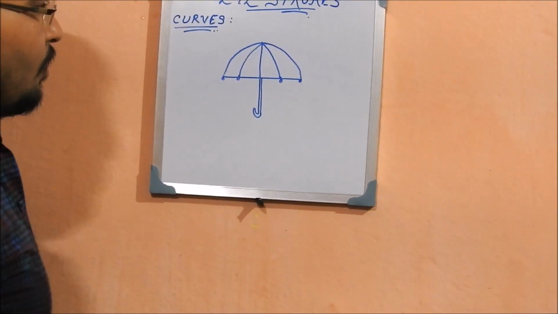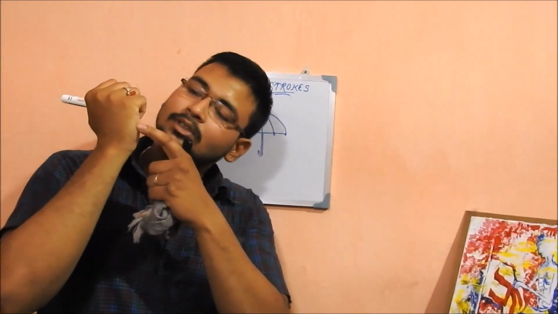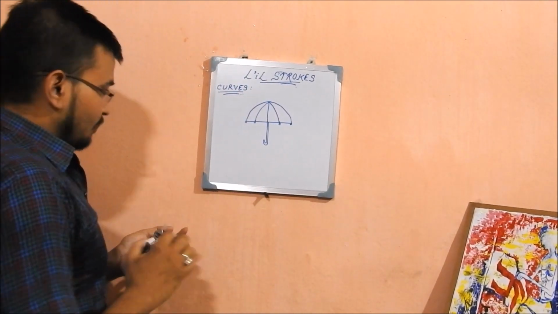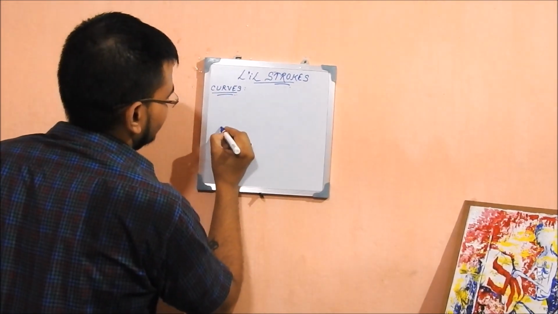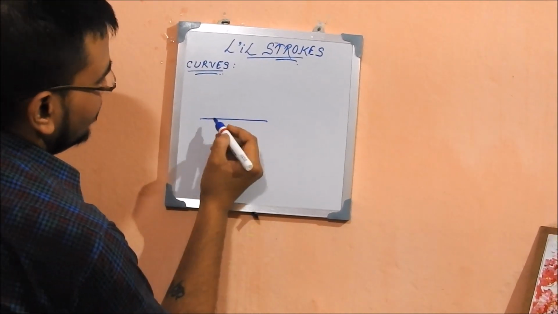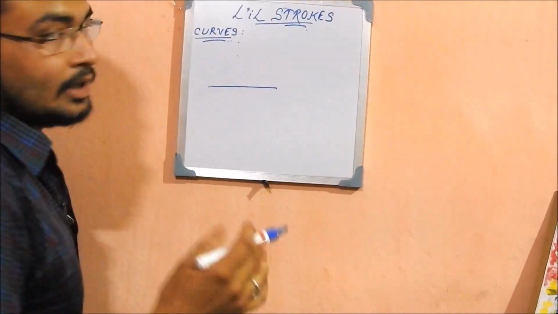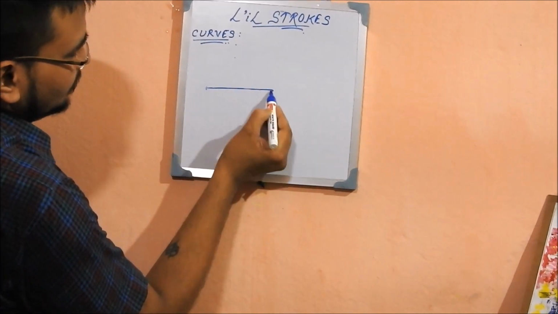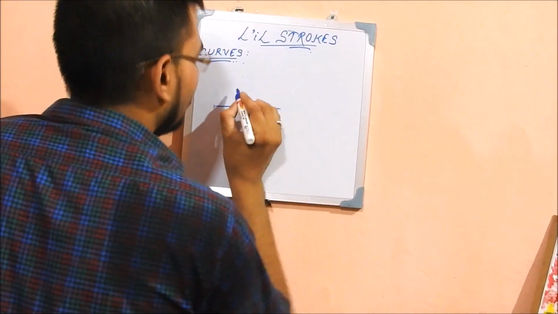So what is the point? The main point is you have to fix your hand in this position. You have to take help of this position, and you have to draw a curve. So for practice, what will you do? You have to first draw a straight line. Say this much. Then you fix a height here, whatever. And you know I have to start here, I have to traverse this path or this path or this path, I have to finish here, and I will fix my hand like this. So first this part,